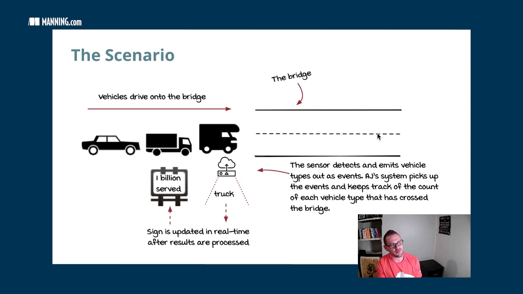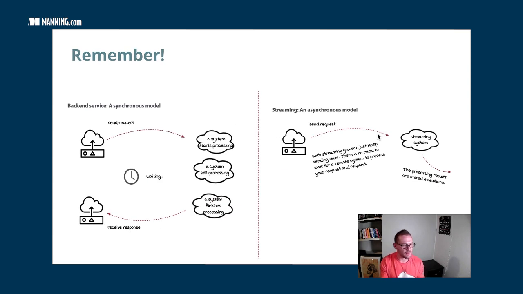And the reason for this is that the people who own the bridge want to make money. They want to show how many cars have passed over the bridge. Whatever the reason is, we want to find a way to catch those analytics in real time or a near real-time way. So remember, if we talk about APIs,